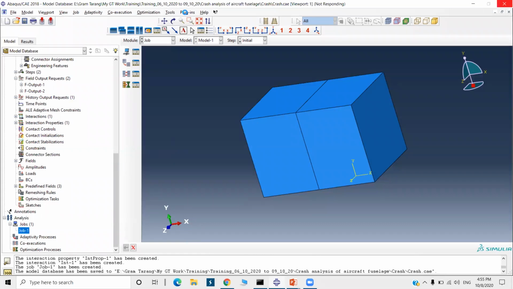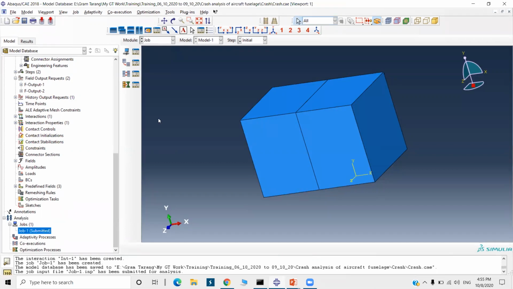Okay, so it will take just 5 minutes. So until our simulation completes, you can ask me any query. If you have any query, it's 4:55. We have done now. We will check the results, and until it shows the result, you can ask me any query.